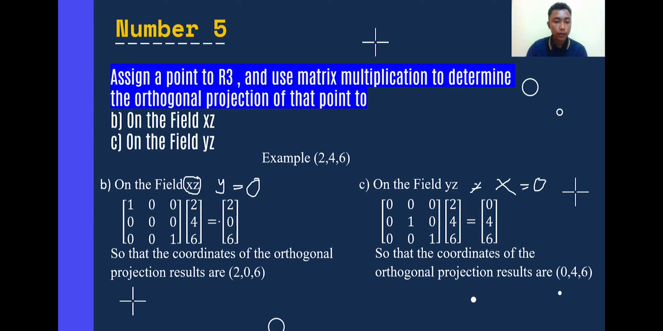So the result will be like this. We multiply the formula with the coordinate. Because like I said, we make the value y become 0, so the result will be 2 0 and 6. And for the yz plane, it's the same, we make x 0, so the result is 0 4 6. And next,